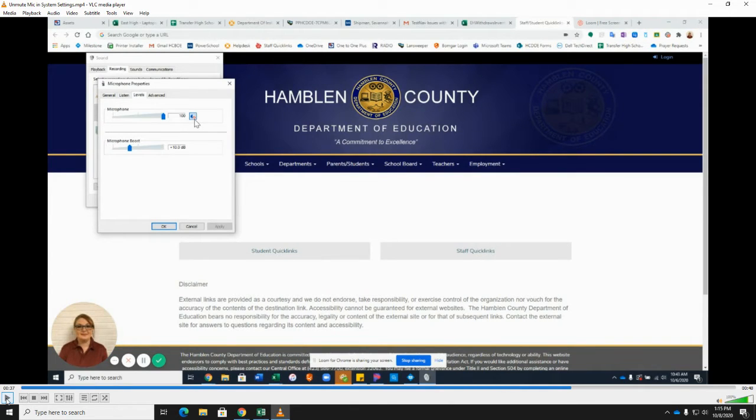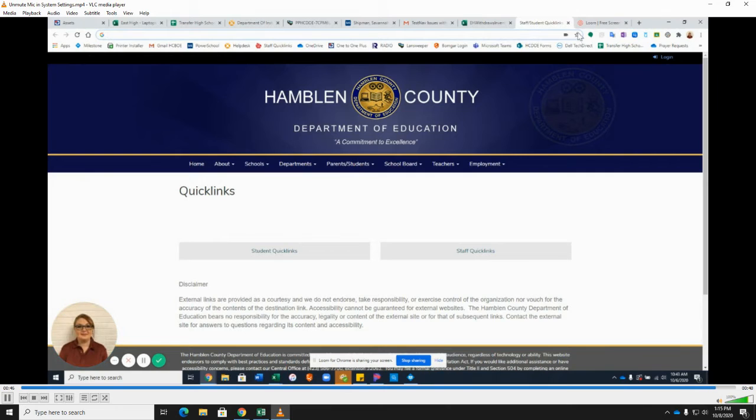Now, the reason that you can't hear her there is because she has muted her own mic as part of the demonstration. So there's nothing wrong there. She's just telling you about how if you click this button, then it will mute it. You're going to need to unclick this button if you want to unmute your microphone in system settings. That's what she's telling you right there. Press the icon again and choose OK, and that should fix it.